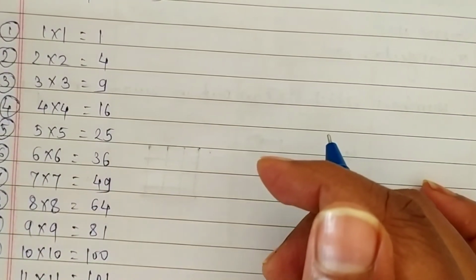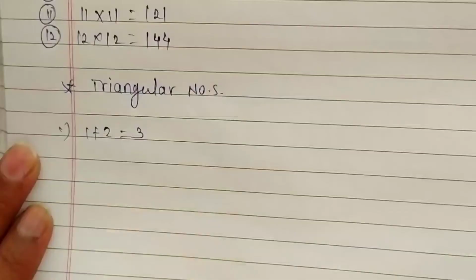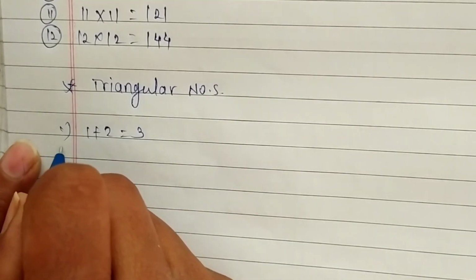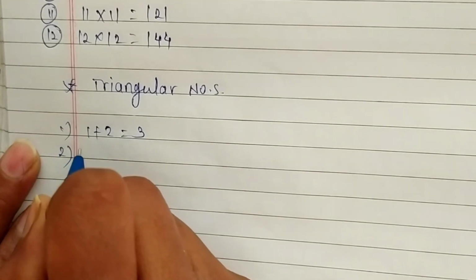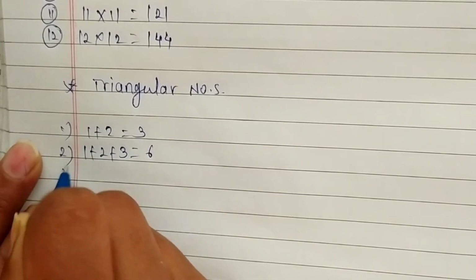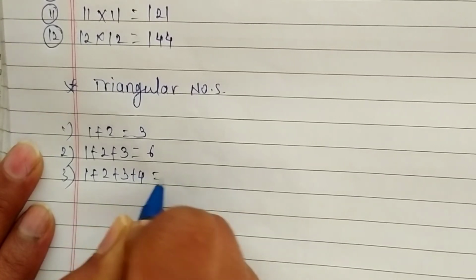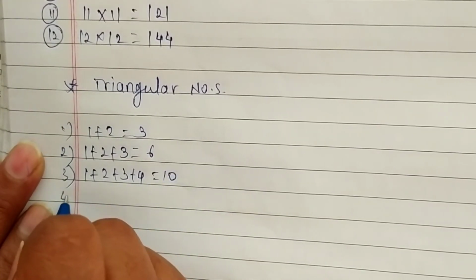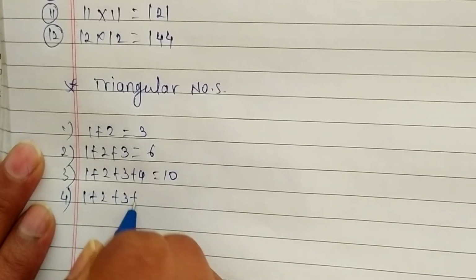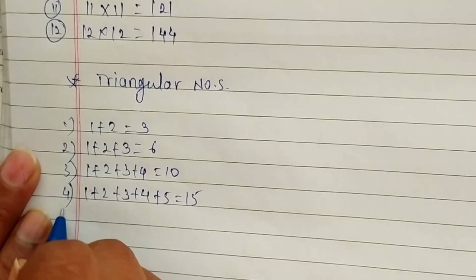Now let's write the list of triangular numbers. First triangular number is 1 plus 2 is equal to 3. Then second one is 1 plus 2 plus 3 is equal to 6. Third one is 1 plus 2 plus 3 plus 4, we can get 10. Fourth one is 1 plus 2 plus 3 plus 4 plus 5, we can get 15. Fifth one is,